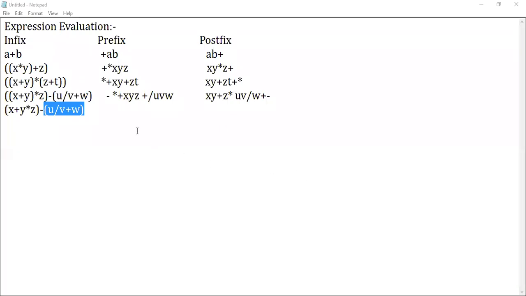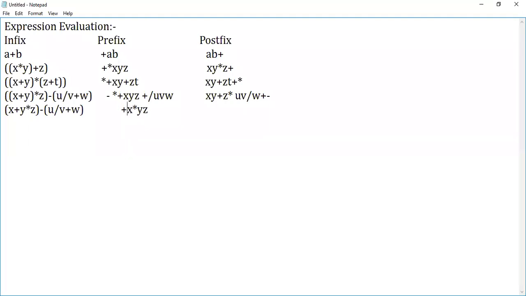Okay, listen here. So what is the first expression? X plus y and y into z. Which operator is given first preference, guys? Multiplication operator is given first preference, right? So what happened? Y, z and followed by multiplication will happen first. Then along with this result, you're going to add x value.